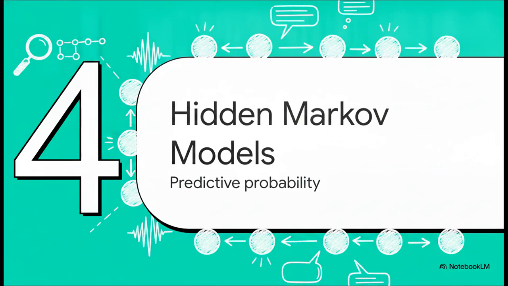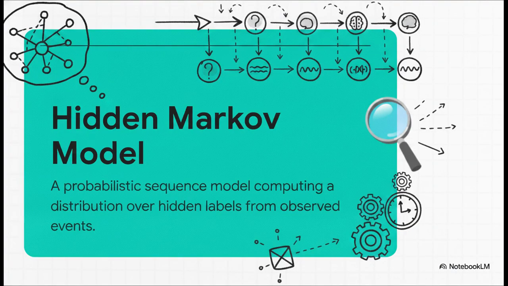Section 4. Hidden Markov models. So how exactly do they reach that 97% accuracy? Enter the classic predictive tool, the hidden Markov model. At its core, an HMM is a brilliant probabilistic framework. The machine observes words, those are the visible events on the page, but it must mathematically infer the hidden sequence of grammatical tags driving them. It relies heavily on the Markov assumption, which basically says that when you're predicting the next tag in a sequence, the distant past doesn't matter, only the present tag matters.